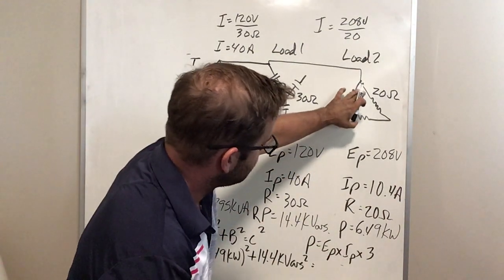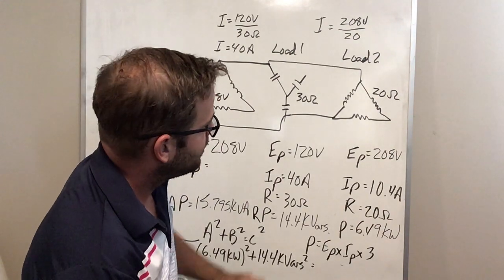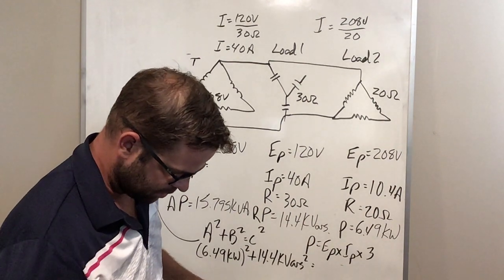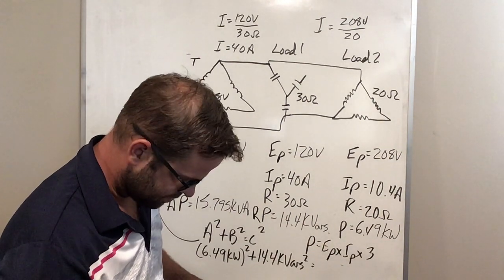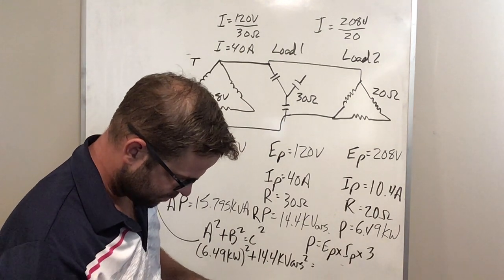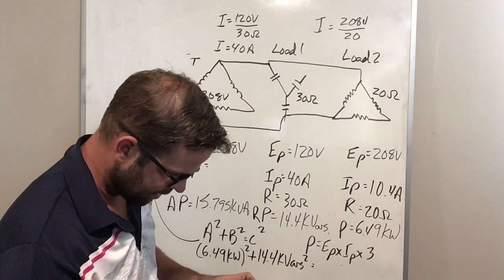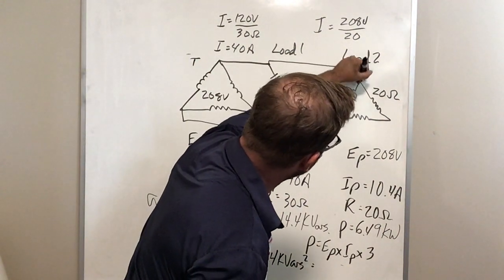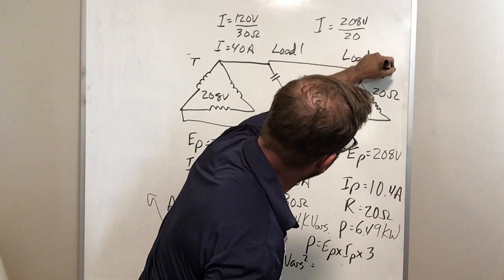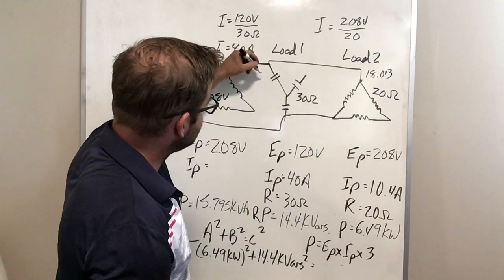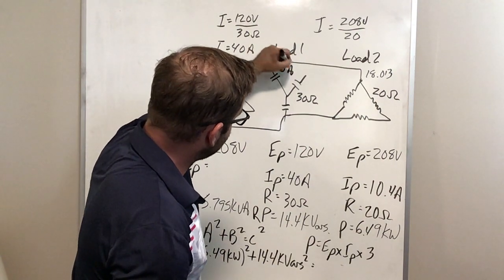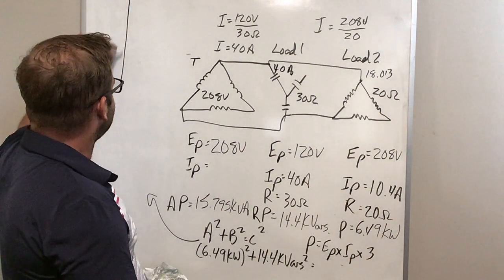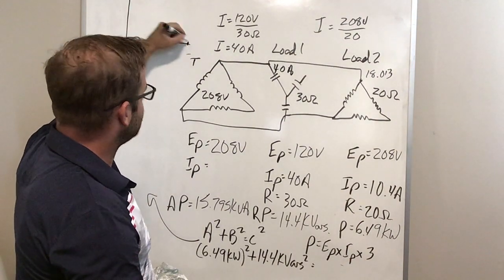If we had 10.4 amps as our phase current, our line current is 10.4 times root 3, and we get 18.013. We know 40 amps is going to remain the same because our phase current and line current are the same for the capacitive load. So we end up plotting that out,